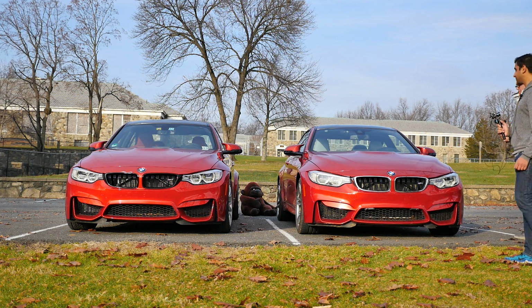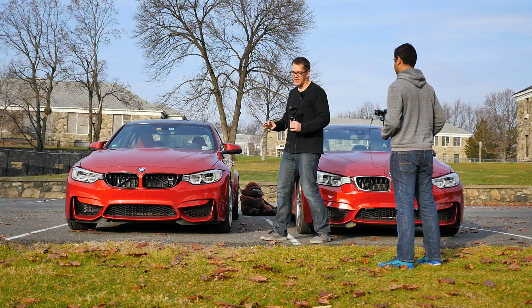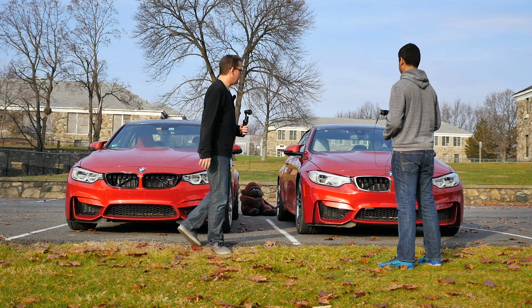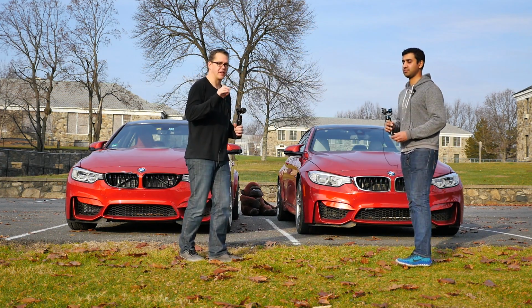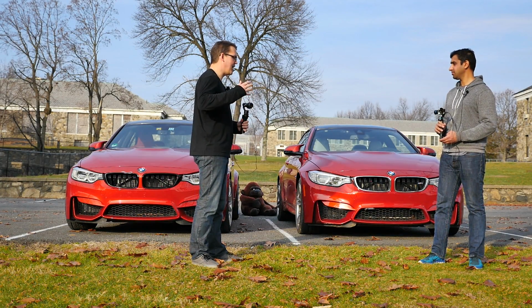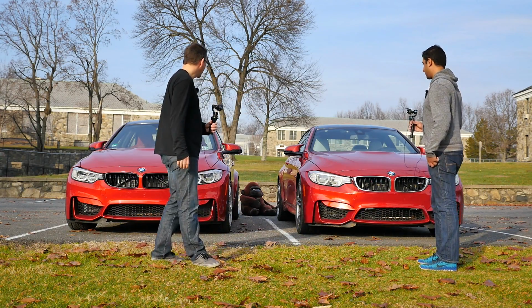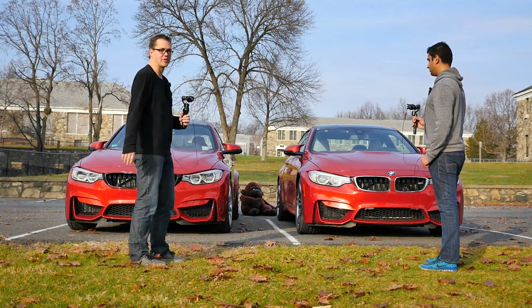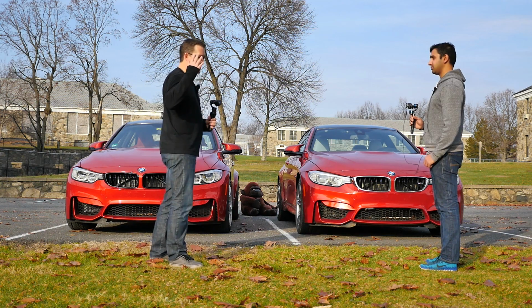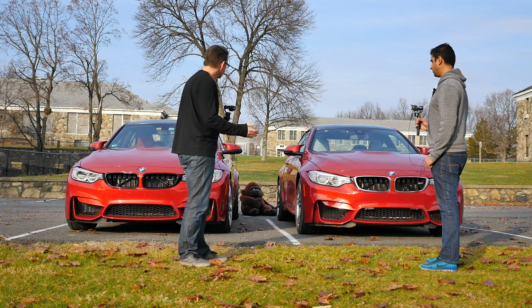So yeah, that about wraps it up. We're going to give you some shots of the cars side by side so you can get a better look at the car, which is really what I think is the deciding factor for most people, how the car looks as opposed to the convenience and the price and everything else. But certainly value for money goes to the M3. It has the original badge, it has so many more features thrown in, whereas the M4 is just